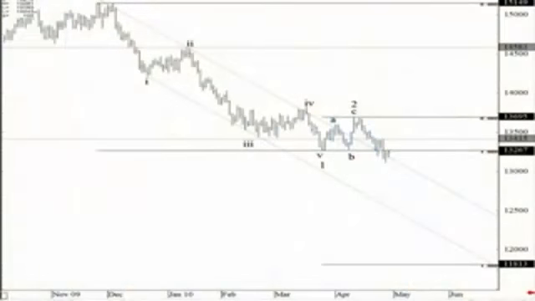Well, a 161.8 extension would place it at 91.40. Okay, how long it's going to take? Time is important. It could fall off a cliff in the next several months, or it could trade sideways and correct higher and then fall off a cliff. That's not the point. The point is that there's the potential for a massive decline if this count's correct, because being in a third wave, we know, is exceptionally strong. And so if we get the chance